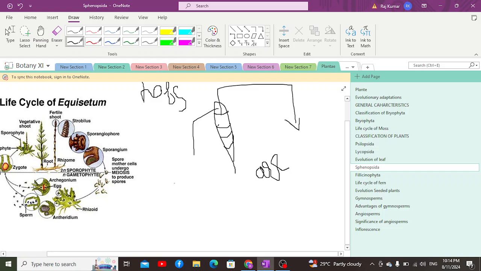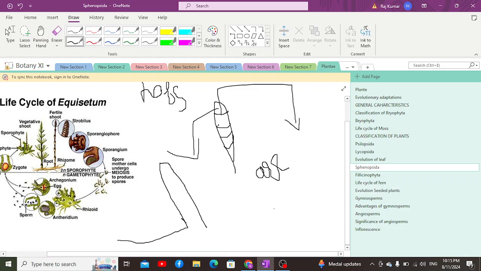Now, when it comes to their leaves, they are again microphyllous. There is no such concept of megasporophylls and microsporophylls because they are homosporous rather than being heterosporous. Yes, so this is about their structure. Now, when it comes to the sporophyte, this is the major structure involved, and if we talk about their roots, they have well differentiated roots, and these roots are those which do not arise from the